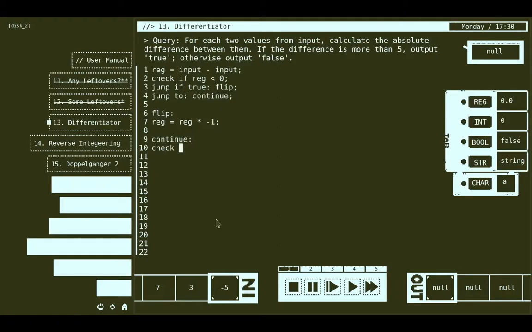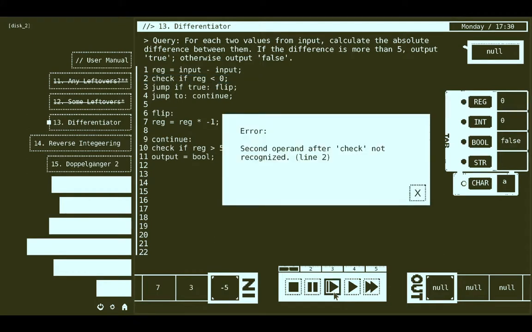So I want to check if reg is greater than 5. And then we want to output equals bool. I can just check that. Okay, so the difference between them is -8, which is negative, so I should